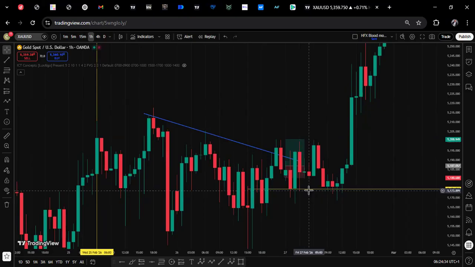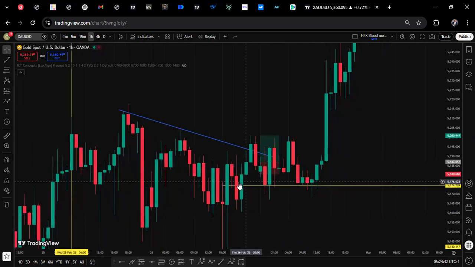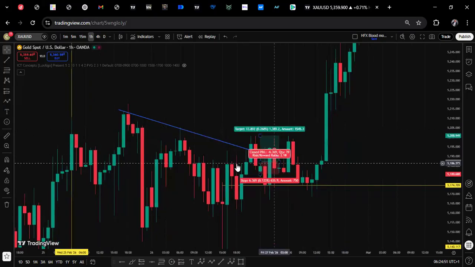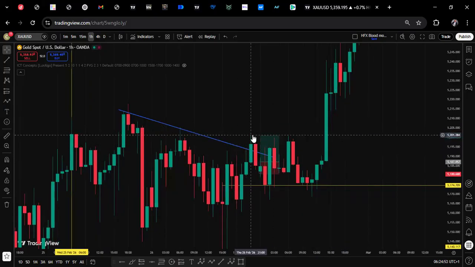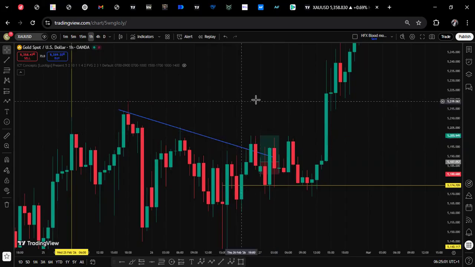I'm just using what I did then. I think I've really forgotten what I did then, but I'm trying to determine what I was thinking at the time. So I can see this line here. This is a clear support. We had multiple reactions on this zone before it broke. So this break here is like, okay, you know what? This is valid. First of all, the rule of